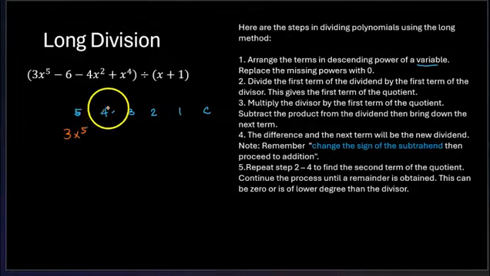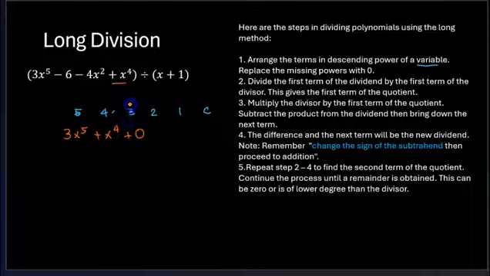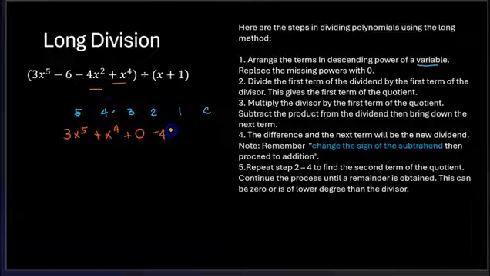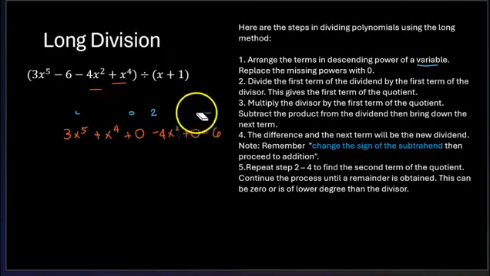Then exponent 4, that will be this term here. So you have to arrange that in descending order. Then if there's no power raised to 3, then you just put a 0 there. That's the meaning of this. So replace the missing power with 0. And then for x squared, I have it here. Again, there's no x raised to 1, so I'll just replace that with 0. And then the constant is 6. So that's how I rearrange.